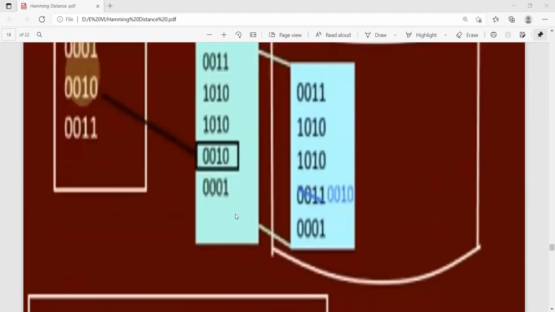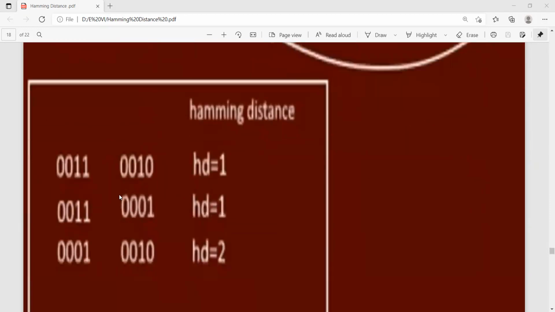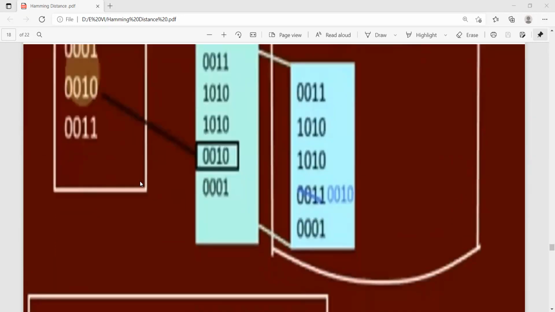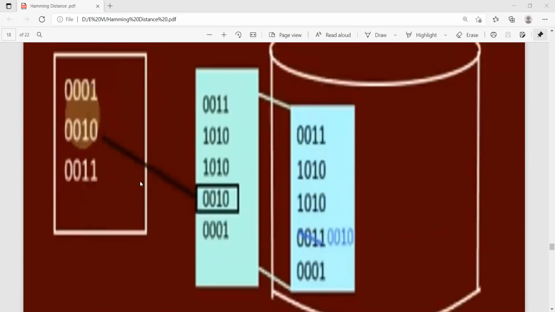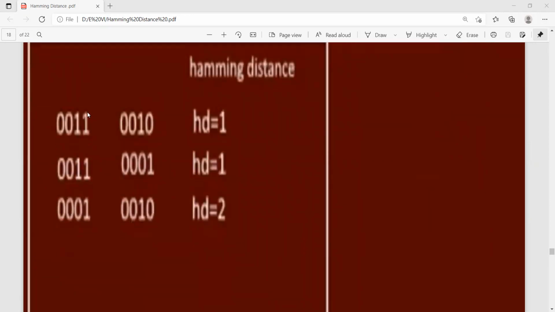First, this data 0011 is exclusive OR with 0010. So how many errors? Here 1 is becoming 0. Therefore, the Hamming distance is 1. HD is Hamming distance. In this case, 0011 and 00011, here also 1.